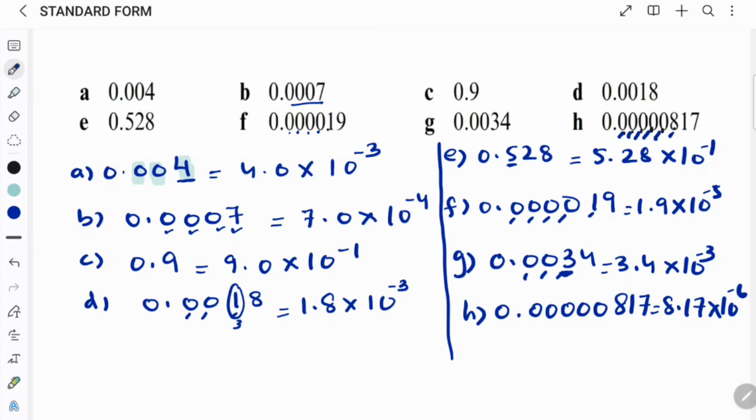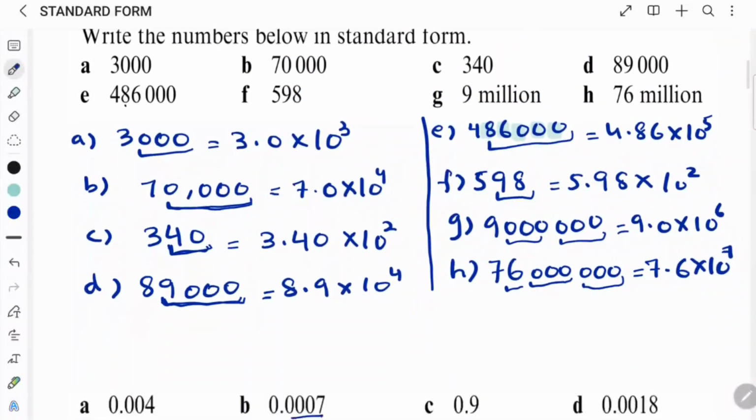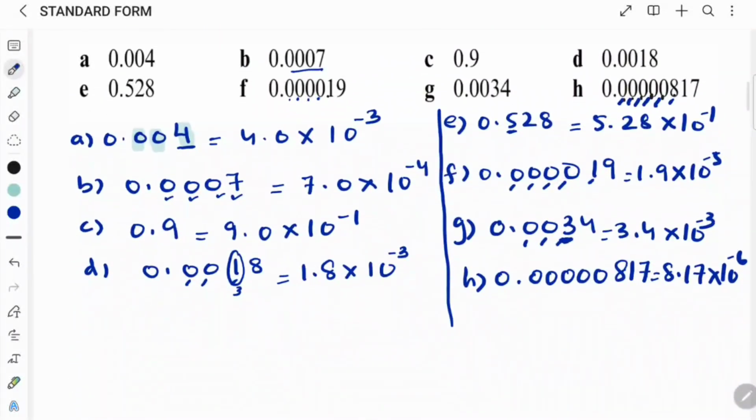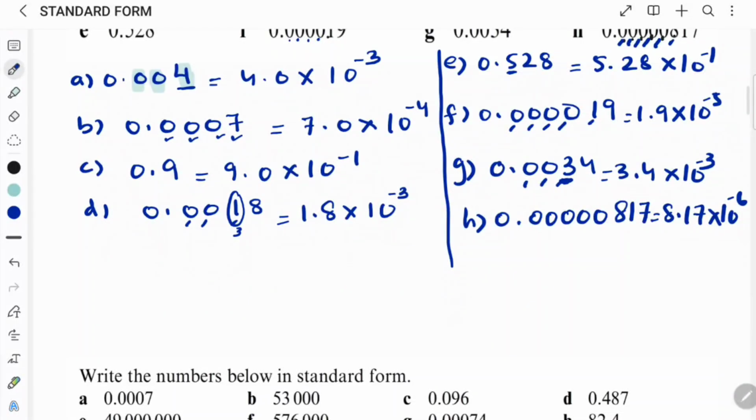I hope you have understood how to recognize the numbers whenever the positive powers are there. So you have all numbers in which no 0 point and all the numbers in which 0 point is there, and we need just one digit before the decimal. So we have all of them. We'll have the negative power. You can again watch these two questions and then redo it. If you don't understand, you will understand it.